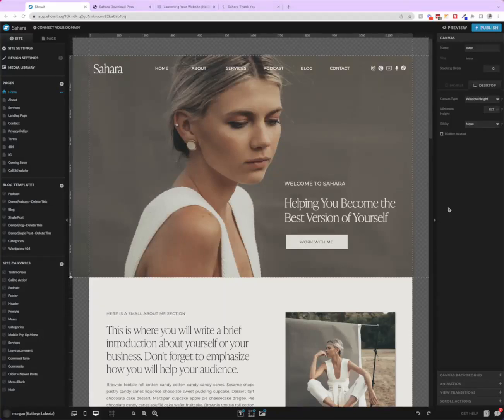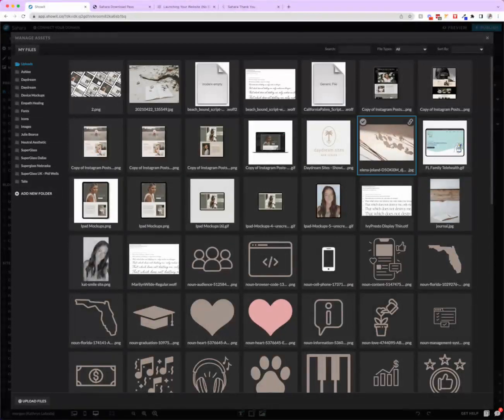This one is all about the media library. We are going to navigate to the top left panel. We covered site settings, design settings, and now media library. We're going to click into here, and just like before in the second video, it's going to pull up the media library. You can see that we have folders in here, so you can drag and drop or click upload